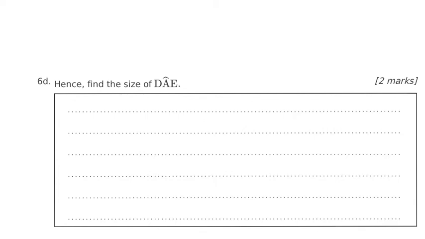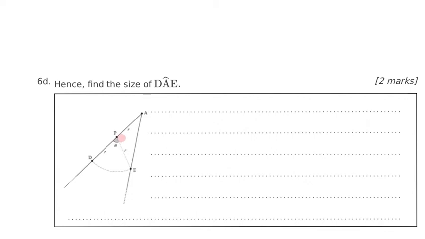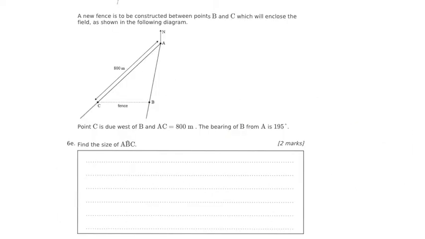6d, hence find the size of angle DAE. If we take a look at the diagram, we know that this angle is pi minus theta. That means that this angle DAE is pi minus theta over 2, which is equal to pi minus 1.44 divided by 2, which is equal to 0.720. A new fence is to be constructed between points B and C, which will enclose the field as shown